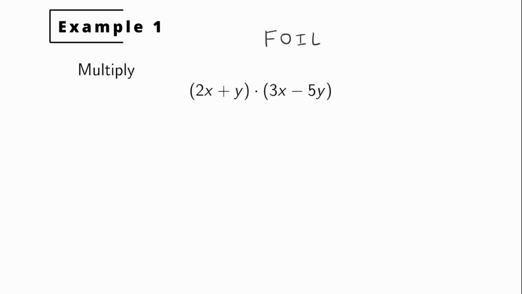It stands for first, outer, inner, last. So we multiply the first terms together, then the outer terms, then the inner terms, and then the last terms. Okay? So we'll do the first, which is 2x times 3x. That gives us 6x squared. And then we'll do the outer terms, which is 2x times negative 5y. It's going to give us negative 10x